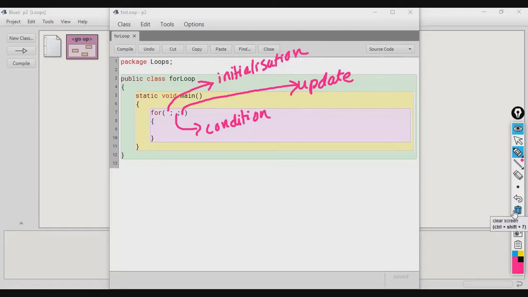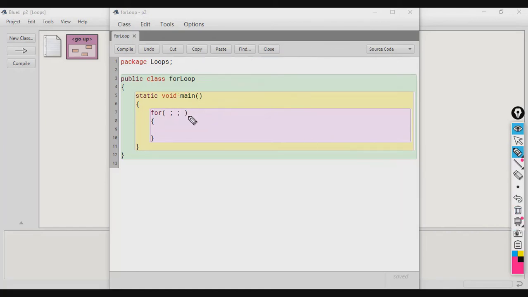So what is a control variable? A control variable is a variable which keeps track of the number of executions of the loop. So let's see an example. I have declared a variable here, int i. This i will be used as the control variable.